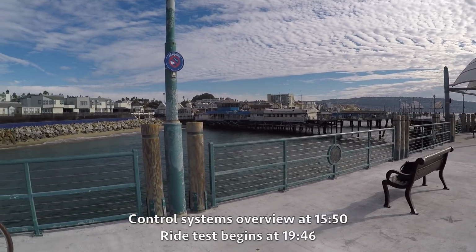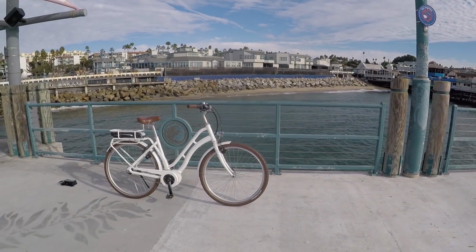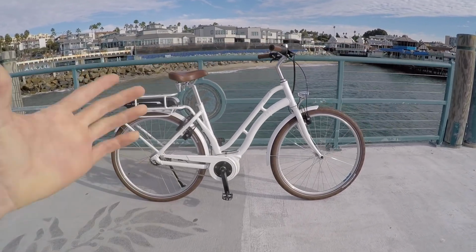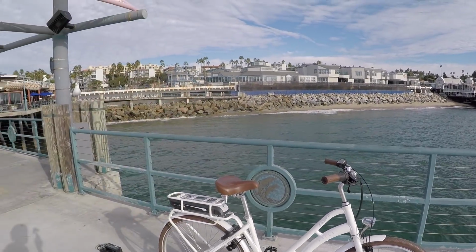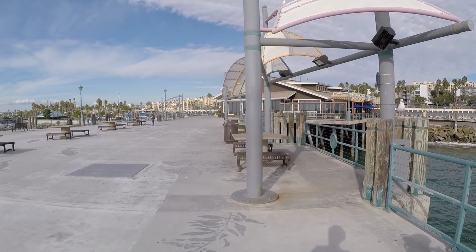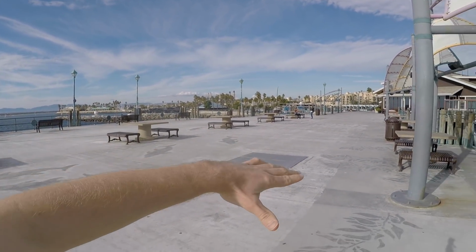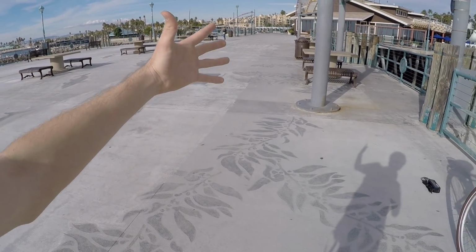We're at the pier, Redondo Beach, checking out the Cruiser E. Perfect place to check this bike out because cruisers are all about having fun, being relaxed. We've got the waves in the background, some wildlife, birds and stuff. Been riding around on the paved concrete sidewalk and it's pretty smooth here, and that's nice because this bike doesn't